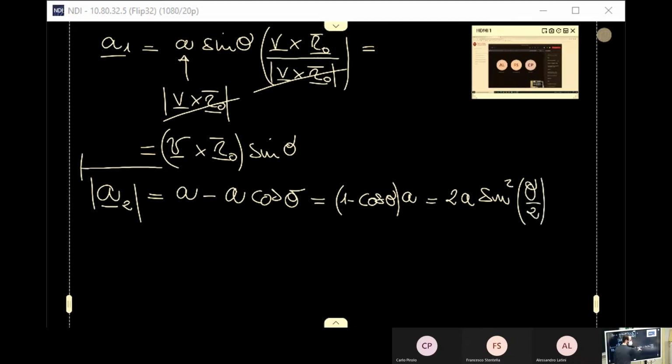Okay, this is 1 minus cosine of theta is twice the sine squared of theta halved. So this is, again, the intensity of the vector. Now the module. Now we have to deal with, again,